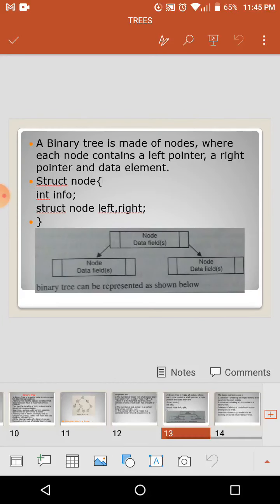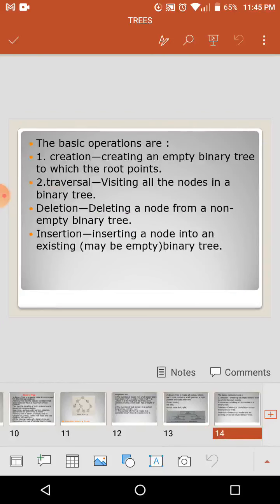What are the basic operations? What are the basic ADTs of a binary tree? What are the basic ADTs of a linear data structure? Just like push and pop, which are the different operations for a stack. Here also we can create a tree by inserting a new child to a parent. A child has its own children, and even those children have their own subchildren.